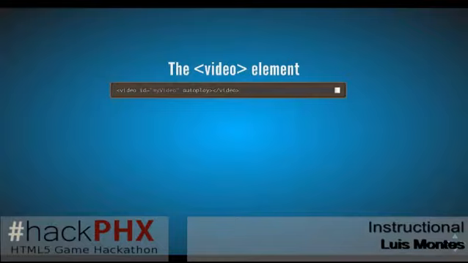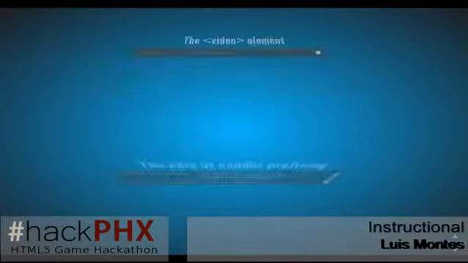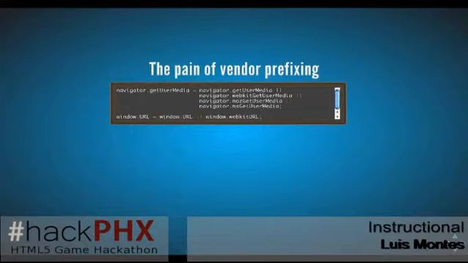So the video element, like the canvas element, we can just create one of these things. We can give it an ID. We can access it programmatically. So we have this video element, and that's cool, right? We can get access to cameras, and we can play them in a video tag. We can set the source to some other stream, some other video file, or we can set the source from our camera, and I'll show why I want to do that.